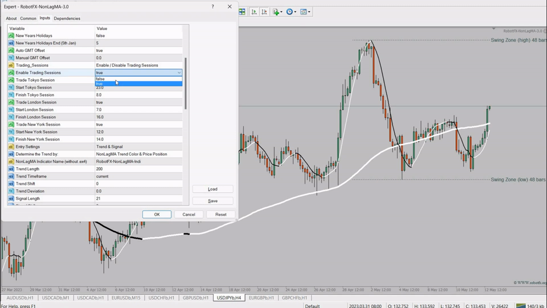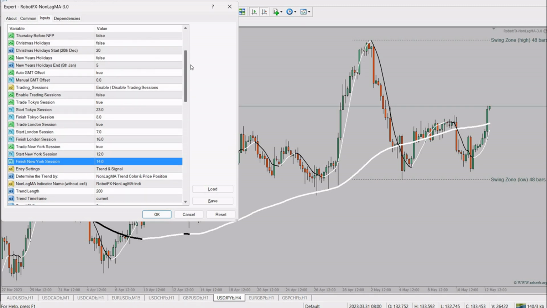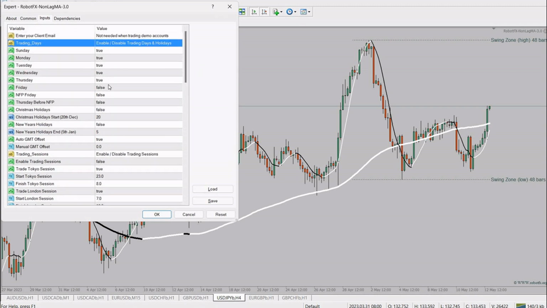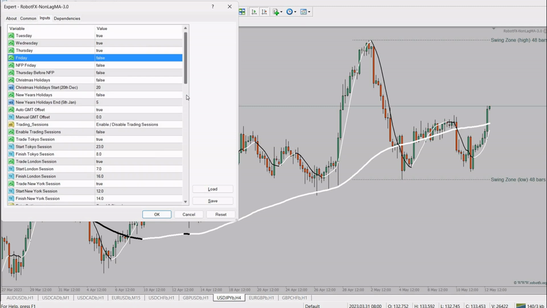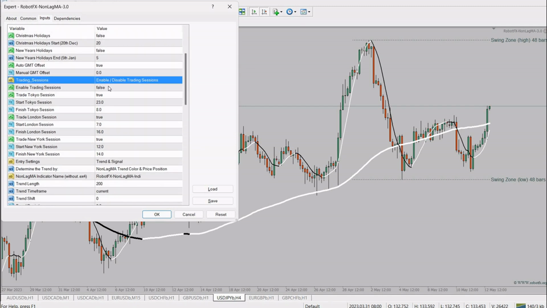So if you set this to false, enable trading sessions, the expert advisor will ignore everything from here until here, and that means it will trade 24/7, or better say 24 hours on the days you have chosen before to trade. Otherwise, if you want the expert advisor to trade, let's say, only the beginning of the New York session, when the high volatility is, you will have to enable trading sessions,